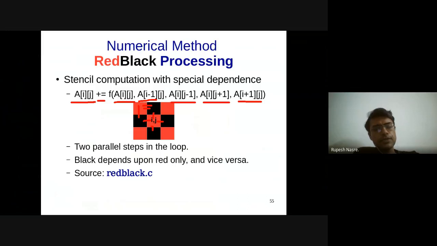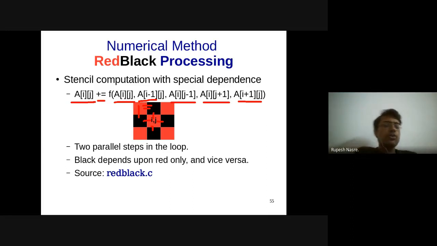And one of the ways in which this red-black can be very nicely extended is you could generalize it. Here we said that there are only these two processings happening. But what if it's a higher degree, or rather, you are possibly going to make use of more neighbors than only these two?